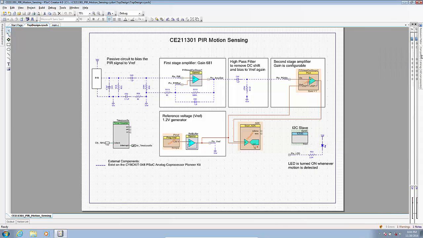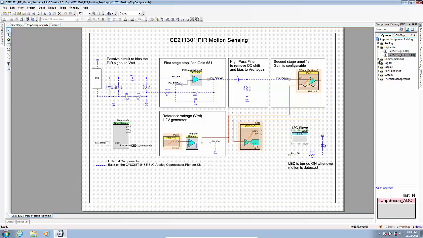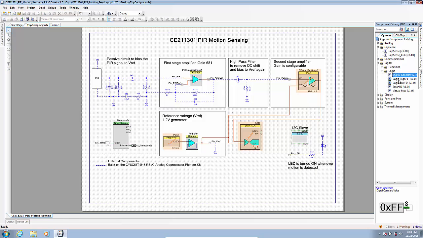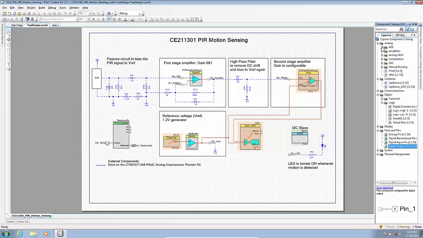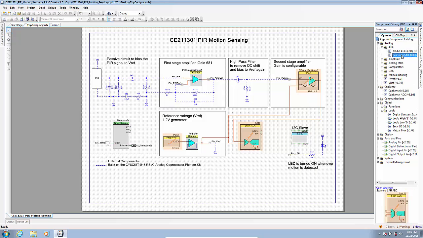Well, you have something called a component catalog where you can just drag and drop. For example, I want to drag a digital constant or a virtual multiplexer, or maybe something like a port pin, analog pin, digital pin, stuff like that. Just drag and drop and you get that. In addition to that, you have these blocks such as the ADC, the SAR block, and the amplifier block, the